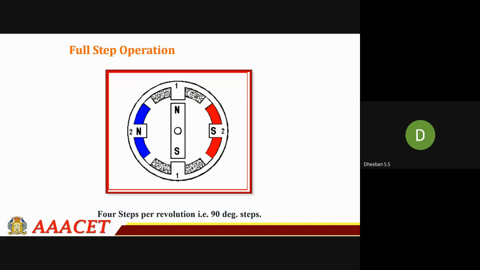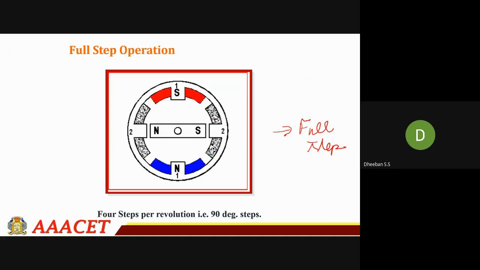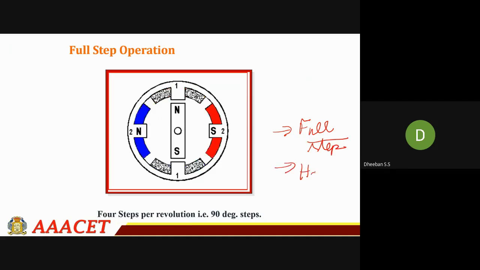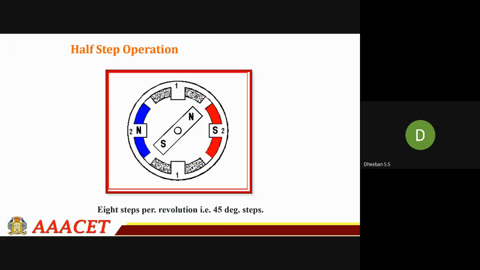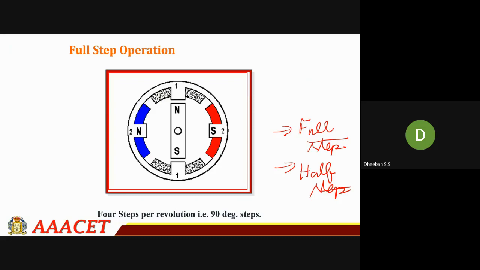It can operate in various modes. That is full step operation, and next is half step operation. In a full step operation, the excitation will be higher. Here you can see the rotation, here the half step, and here you can see the difference. The rotor moves directly from the first point to the second point of the stator, and in between there won't be any stops of the rotor.